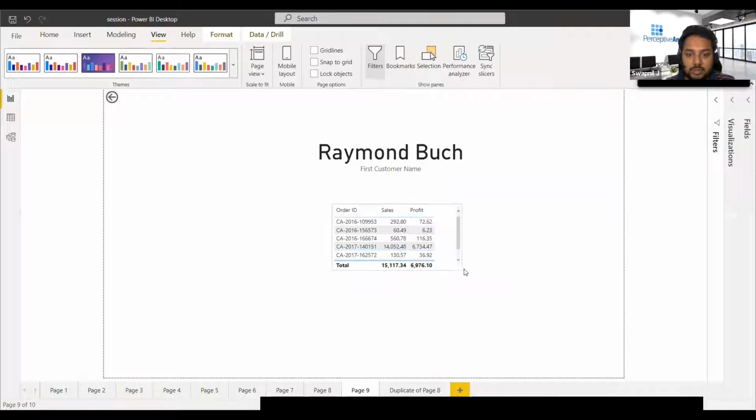You can add anything on this page that would be filtered based on this customer name. You can add the total profit or any other graph you want, customer level details, and it will show you. Once you are done, you can go back from here.